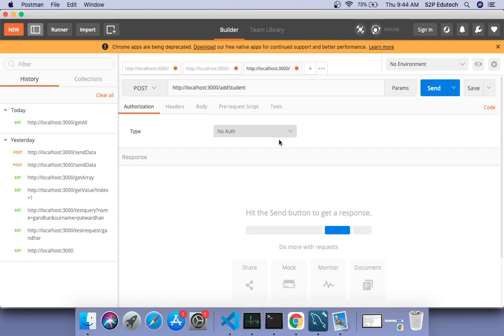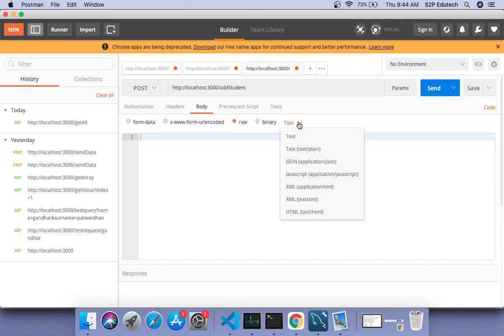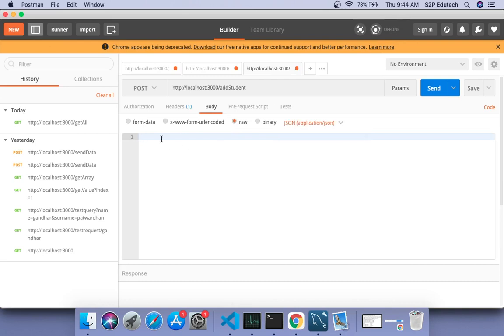Okay, now to send the data in Postman, you need to go in this body tab. In body, you need to select raw, and here instead of text you need to select JSON, and here you need to provide a JSON, right? So in that JSON I start with curly braces, and inside these curly braces I would give the keys.